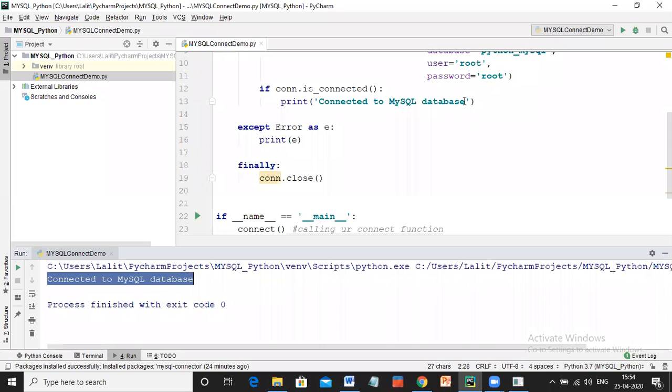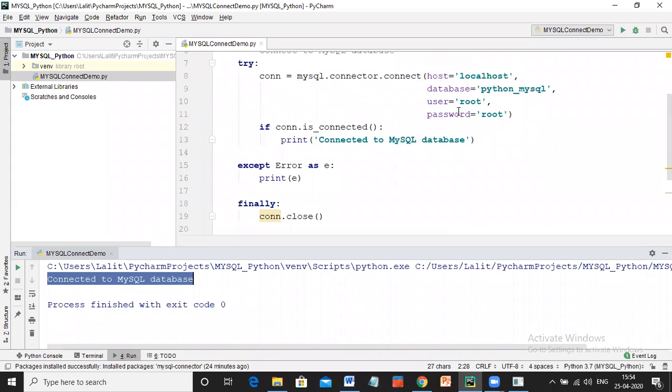This is the message he is giving. So this means the connection was done successfully. Is_connected returned me true. That's why he printed connected to MySQL database.